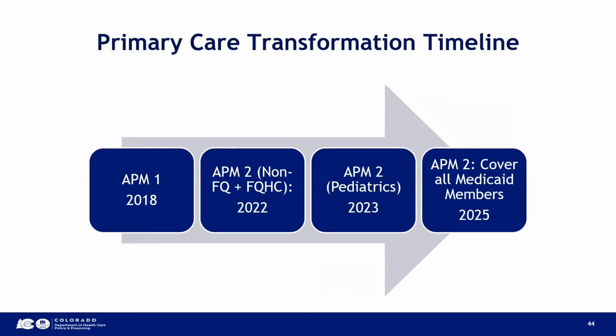So we continued down our payment reform journey with the APM-2 model for non-FQHC and FQHC federally qualified health centers, since in Medicaid we speak in acronyms, and I realize not everyone knows our acronyms, provider types. And those programs began in 2022. And what APM-2 does, which is different from APM-1, is that primary care providers can earn prospective payment rather than fee-for-service payment. So it is shifting more towards that category 4 payment model that Dr. Keller talked about,